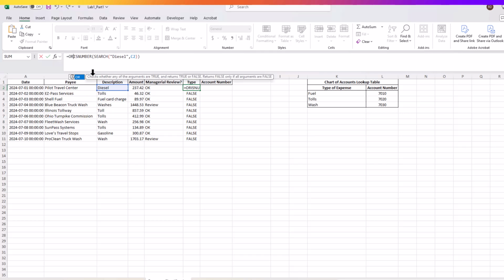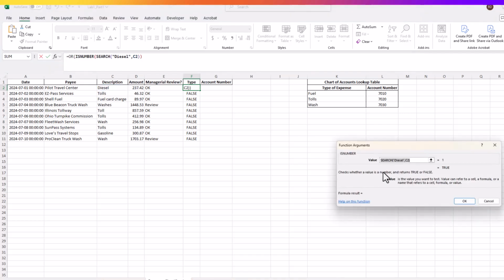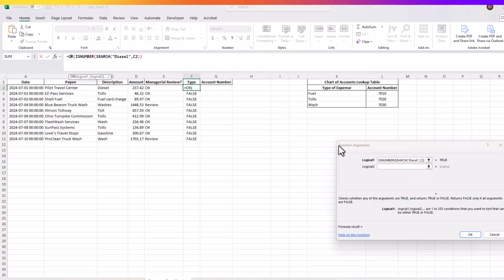I'm going to type in the word or, because I'm looking for any one of those conditions. If this is true, or this is true, or this is true, I want to flag it as going to the fuel expense. So I hit or, and then the beginning parenthesis, pull up the fx, and then I'm going to click on the or again inside of the formula bar just to get the helpful window to apply to or. Okay,